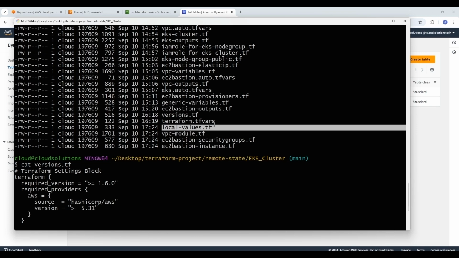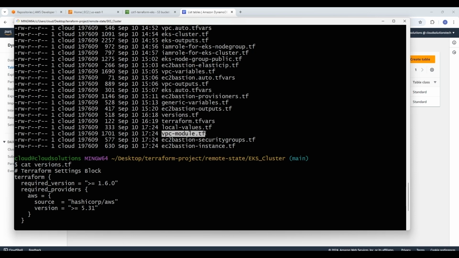So the local values.tf holds the local values specific to the particular environment, which helps in simplifying and shortening repetitive code logic. This is very useful for managing resources and organizing configuration more efficiently. And then right here we have the VPC